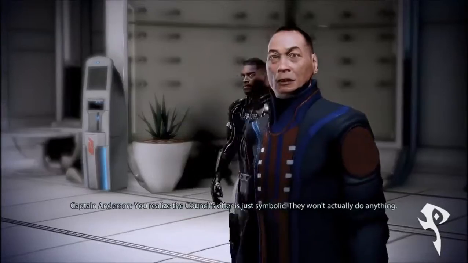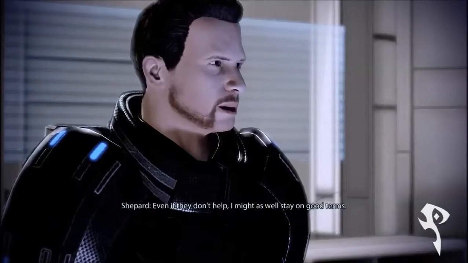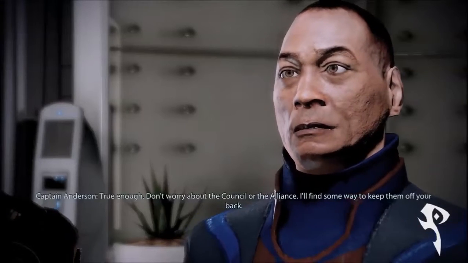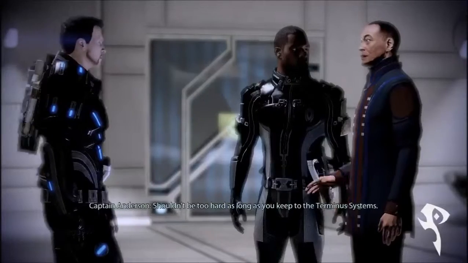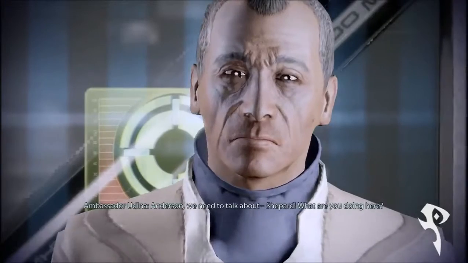You realize the Council's offer is just symbolic. They won't actually do anything. Even if they don't help, I might as well stay on good terms. True enough. Don't worry about the Council or the Alliance. I'll find some way to keep them off your back. Shouldn't be too hard. As long as you keep to the Terminus systems. Anderson, we need to talk about...